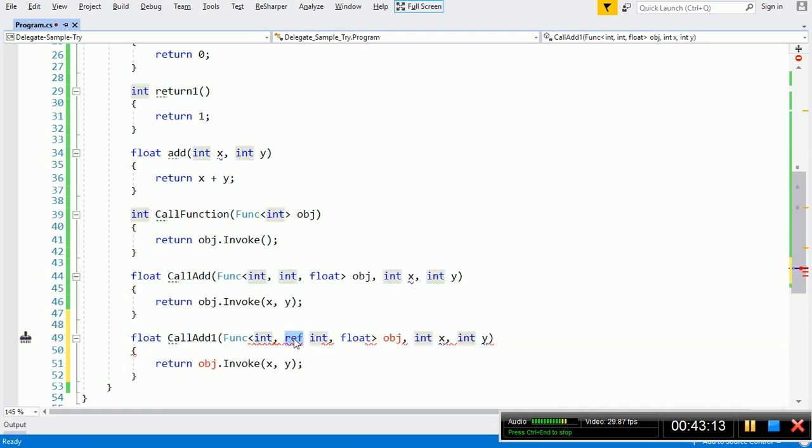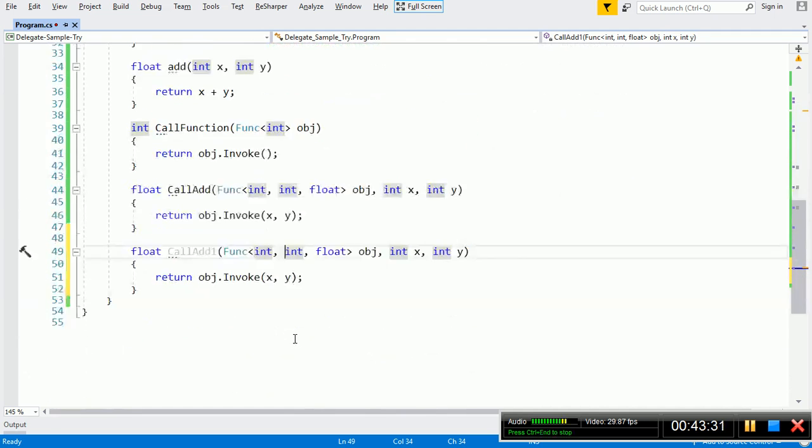It is showing an error. So it means we can't receive an out variable or a variable which receives the address of the variable. We can receive only the in variable. We can't receive the out variable, meaning we can't pass any call by reference value to this function delegate.